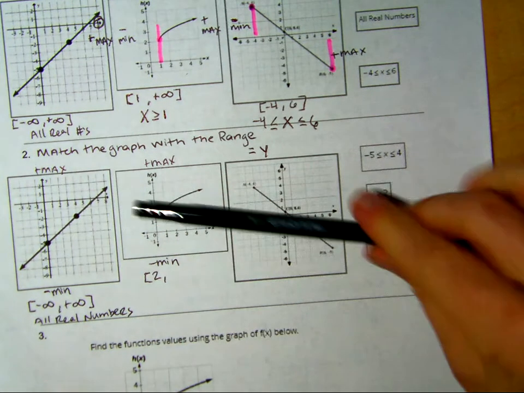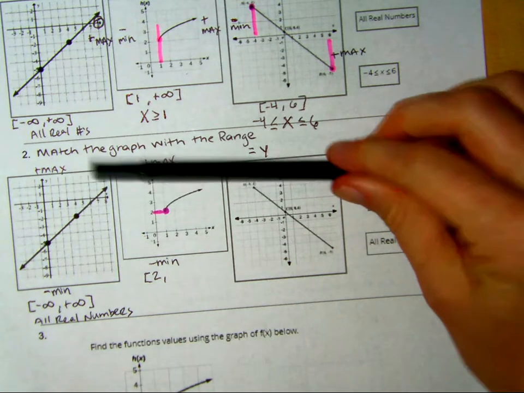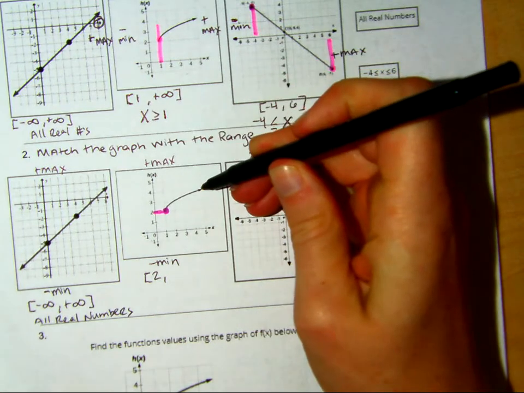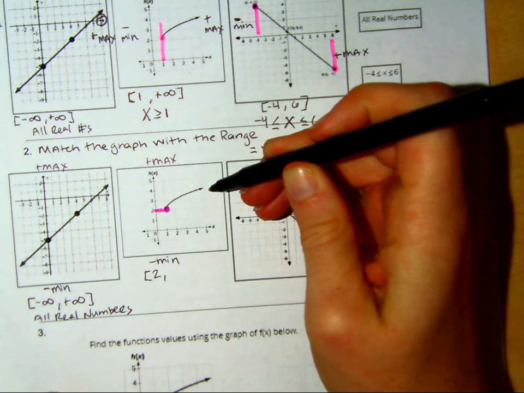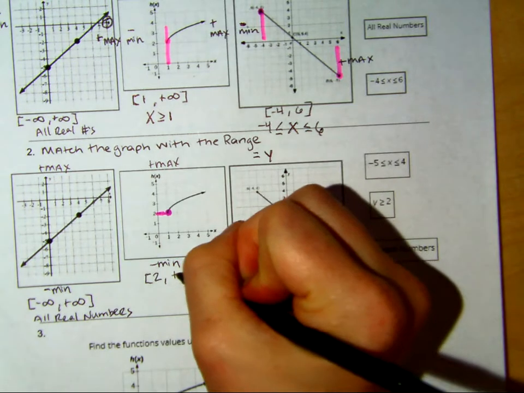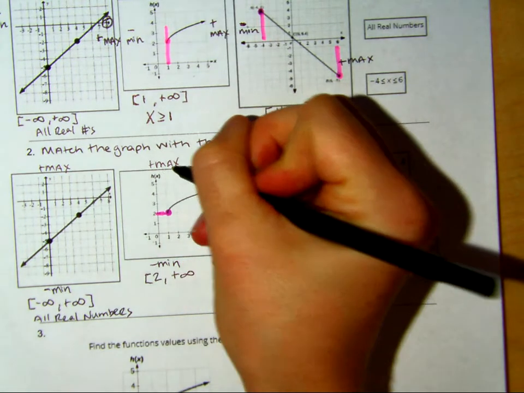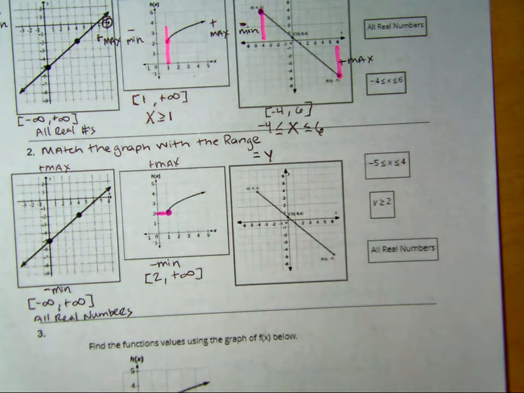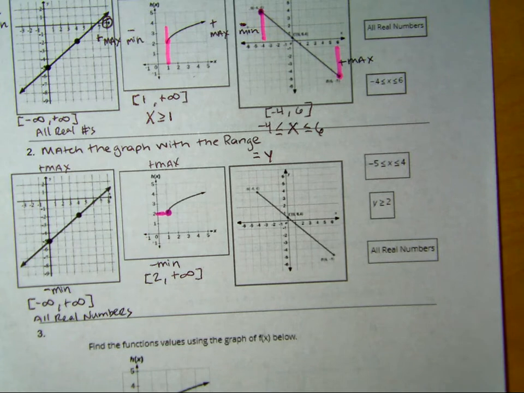Then if we want to find our largest y value, we can look at the highest point on the graph, but we see it's an arrow. And arrows mean that we're going to infinity, and because it's positive, that's the max, it's going to be positive infinity. So now if we want to write an inequality statement,